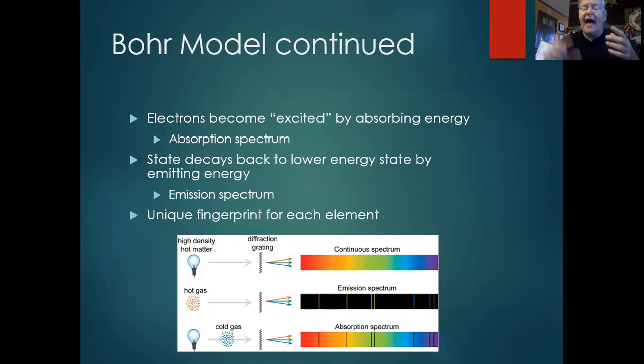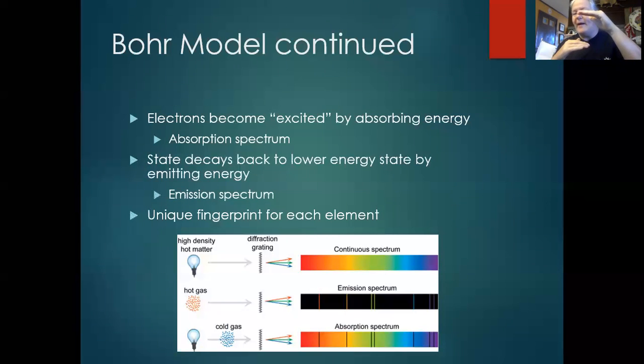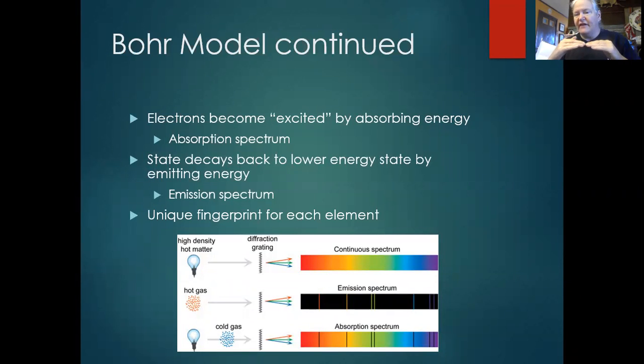Let's say you had an electron that jumped from its ground state, which we call n equals 1, the principal quantum number, up to n equals 4. Now it's got to go back to 1. So however much energy it absorbed to jump up to here, it's got to give back. The way it can do that is it can jump all at once and give you everything back at once, or it could go 4 to 3, 3 to 2, 2 to 1, and you get 3 different photons for each jump. They're a lot lower energy, but when you add up their total energy, it adds up to the amount to go between 1 and 4.